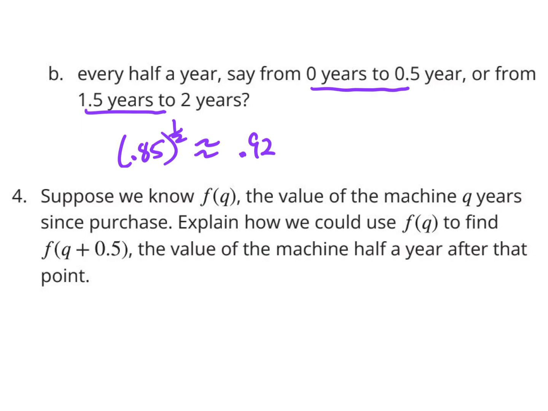I'm not going to worry about number 4, but basically you take your 0.85 to the Q plus 0.5, just like in the warm-up, which equals 0.85 to the Q times 0.85 to the 0.5, or the 1/2 power. If Q is 1, just multiply them together. I don't know why they wanted to do that, but